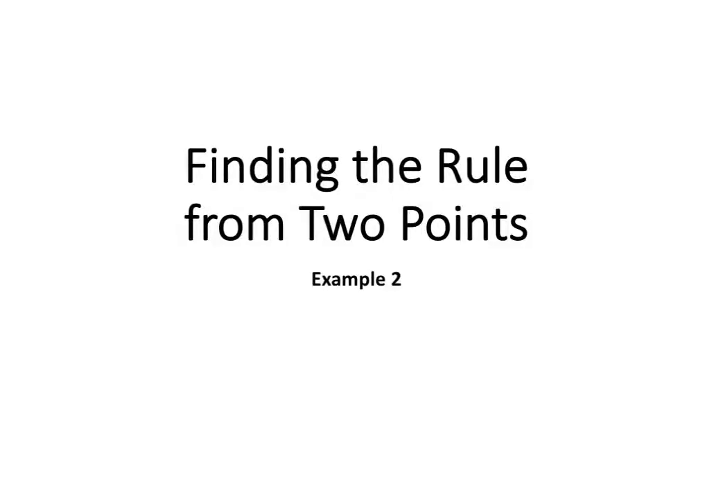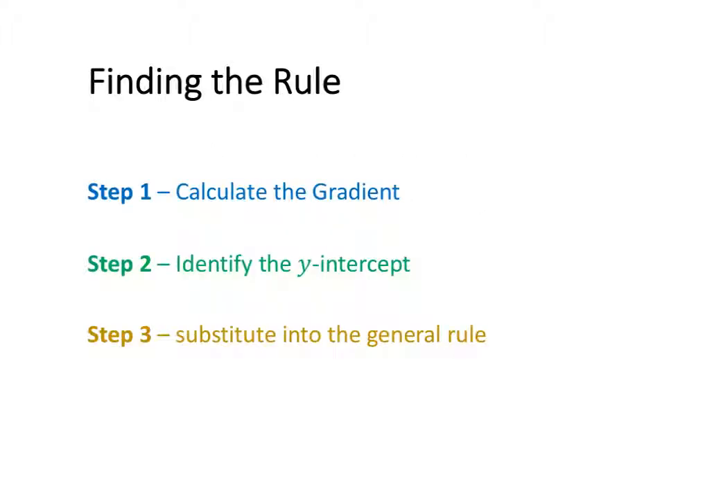In this video, we're going to have a look at how do we find the rule of a linear line from two sets of coordinates. So the steps to finding the rule is the same as if we were finding it of a graph. So step 1 is to calculate the gradient. Step 2 is to identify the y-intercept. Step 3 is to substitute those values for the gradient and the y-intercept into the general rule of y equals